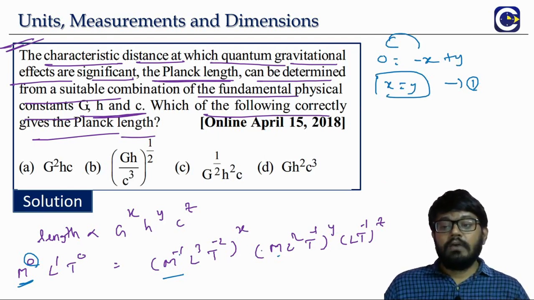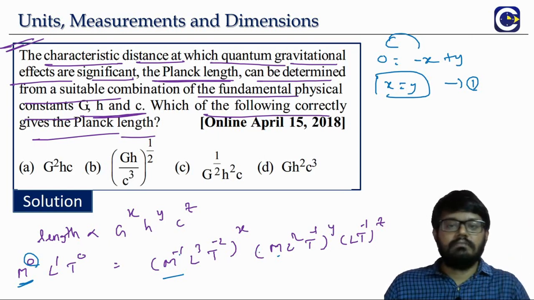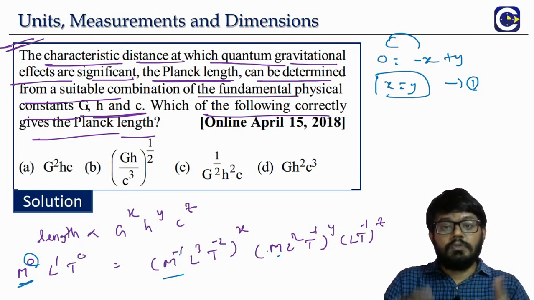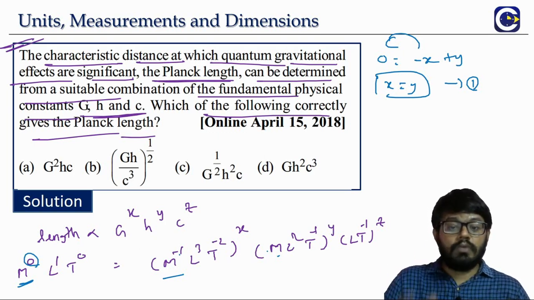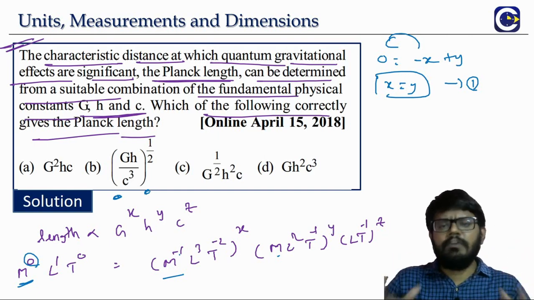Now I'll tell you one very quick approach. Here itself we can actually conclude the answer without solving anything. When you keep practicing a little more, you will get command of the MCQ approach or the JEE type approach, because we have 4 options. What should we have? X should be equal to Y, meaning the power of G and the power of H must be the same. I don't know the value; it may be half, it may be 2, but they both must be the same.